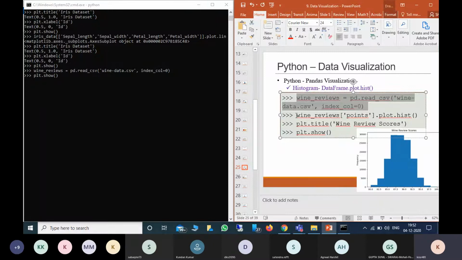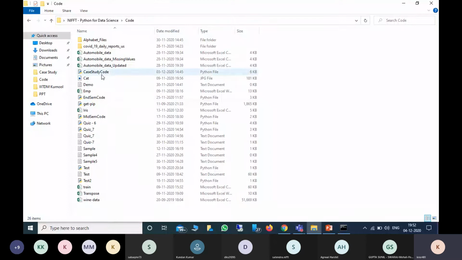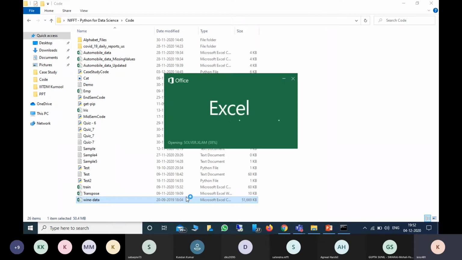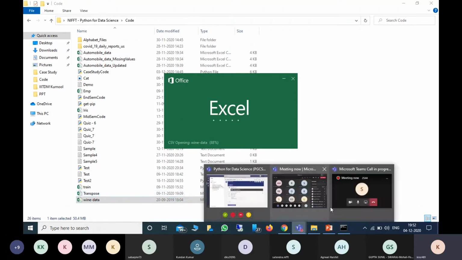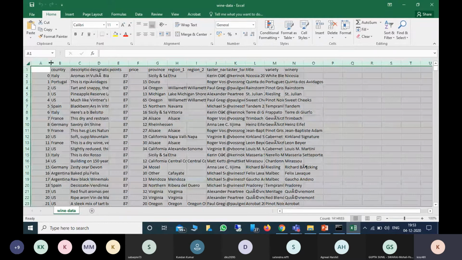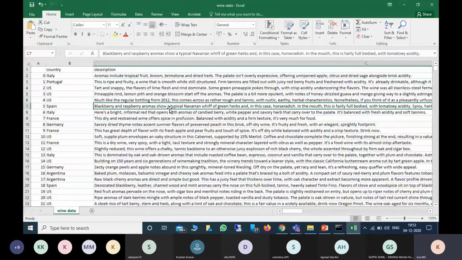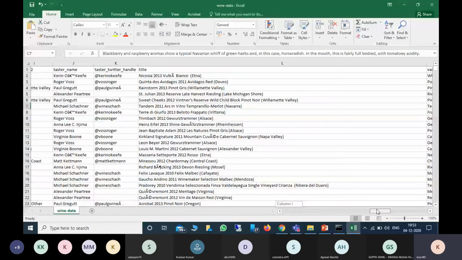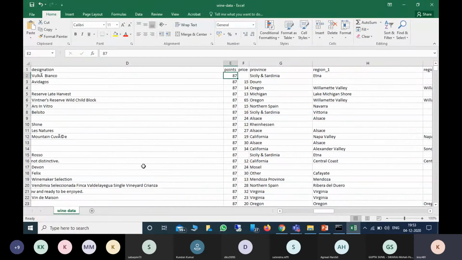Now what I want is to plot the points data. If you see here, there are points.